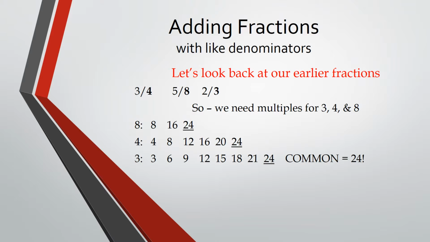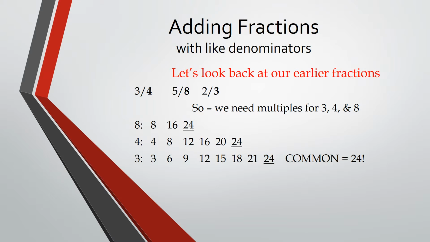So when I start doing multiples of 8, I start with 8. And why do I start with 8? Why can't I ignore that? Well, because sometimes I can use 8. If I had just 8 and 4, in other words, 3/4 and 5/8, I could use 8 as my common denominator. But in this case, I have an 8, a 4, and a 3, so I go 8, 16,